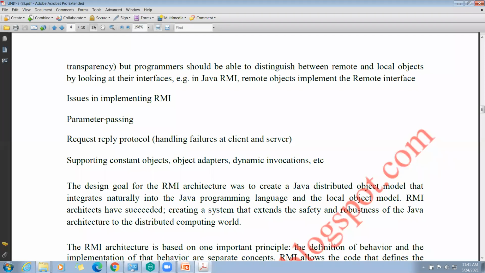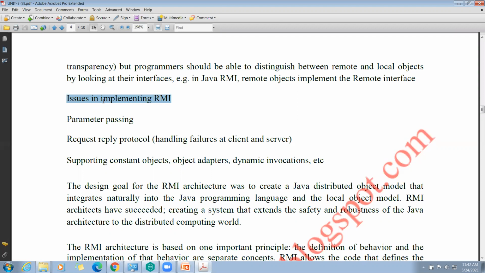The next topic is: what are the issues of implementing remote method invocation? As we are discussing all these methods, method invocation, stub and skeleton, all these are related to Java. Now, coming to the issues in implementing remote method invocation, the first issue is parameter passing. You all know about parameter passing in Java.